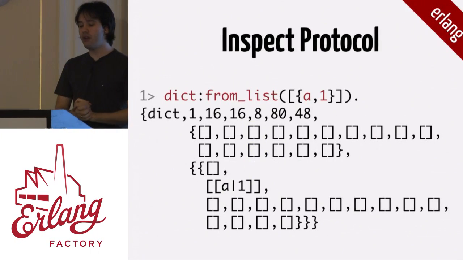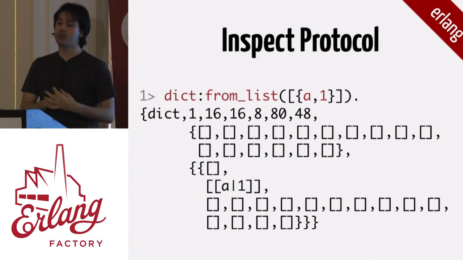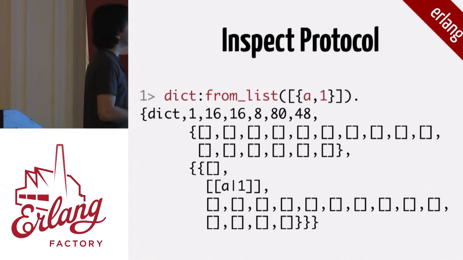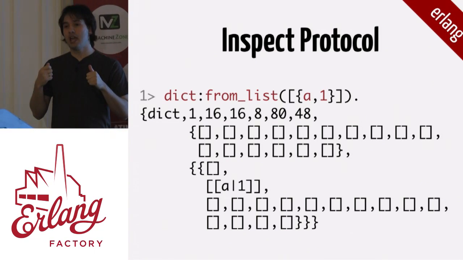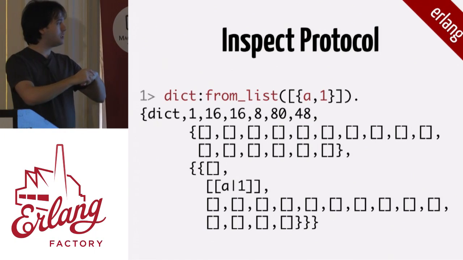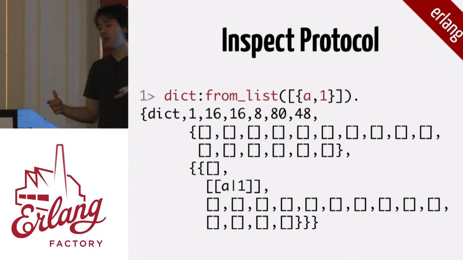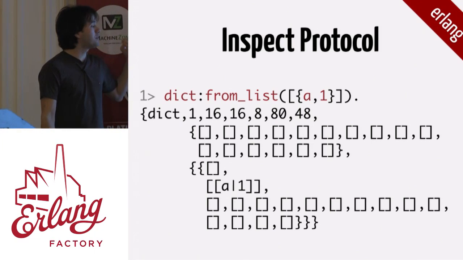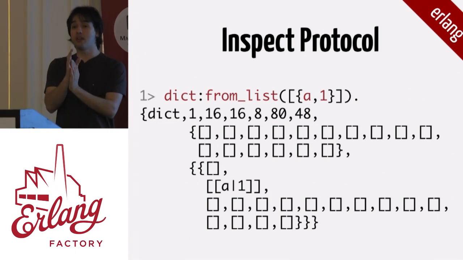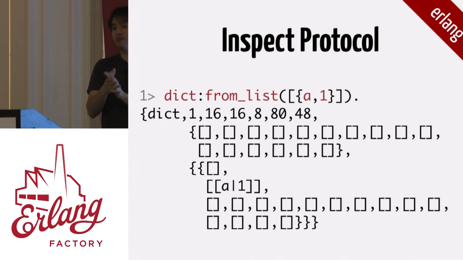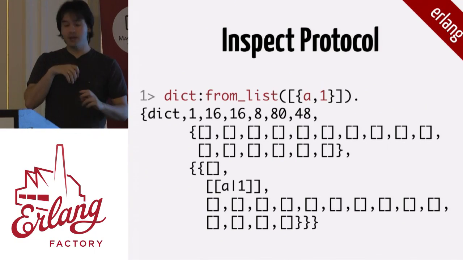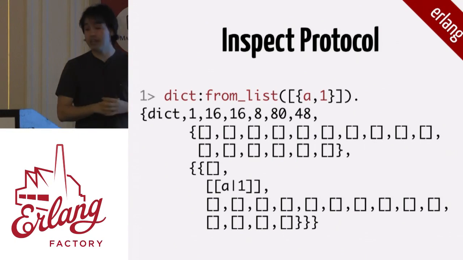Okay? Another example of a protocol is the inspect protocol that we have in Elixir. And this is some Erlang code. So Erlang has a dictionary data structure. And when you create a new dictionary, if you are in the terminal, it's going to spew all the dictionary internals in the terminal. Okay? And you're not supposed to know about this, right? If you check the type specs for the dict module, it says this thing is opaque, right? You're not supposed to know about this. You're not supposed to fiddle with this. And there are ways you can do it so it doesn't show all that. Okay? But that's what we get.